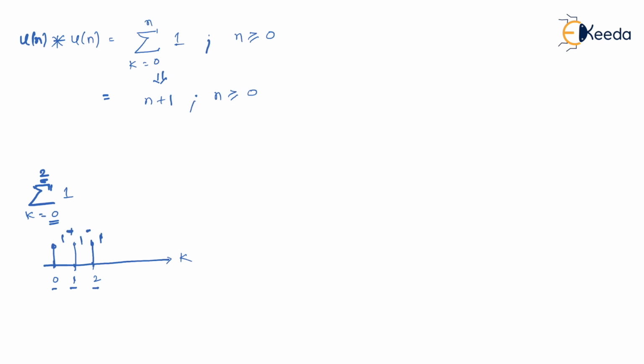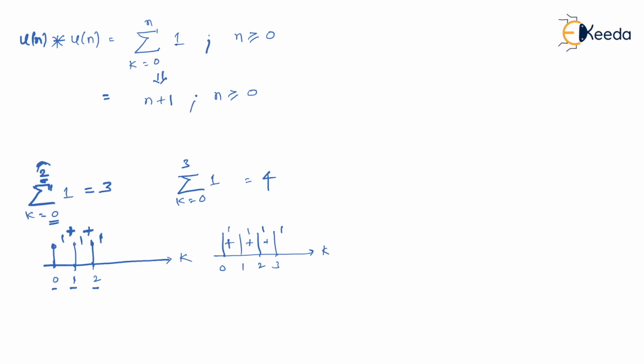So if you do the summation of all these ones, it will result into 3. So what if I do it another way, that is when k is ranging from 0 to 3, then this will result into 4. That is, it is the signal having again k as x-axis. At 0 it is 1, at 1 it has an amplitude 1, at 2 also it has an amplitude equal to 1, at 3 also it has an amplitude equal to 1. And now if you do a summation of all these amplitudes, it will result into 4.